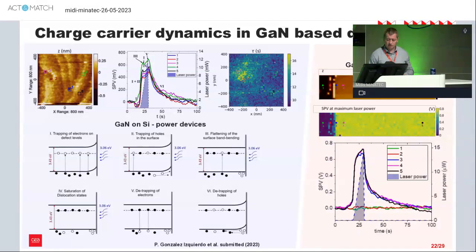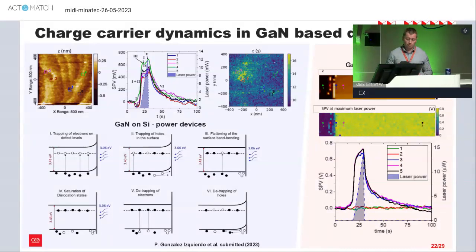So here we can see already from surface photovoltage that on the border we have a homogeneous signal, and as well by this point we can see the spectrums, and the time of the trapping is the same on the border. So we consider that the border effect is not affected by trapping effect. There are other processes, I will not go to the details today, which influence border effect of